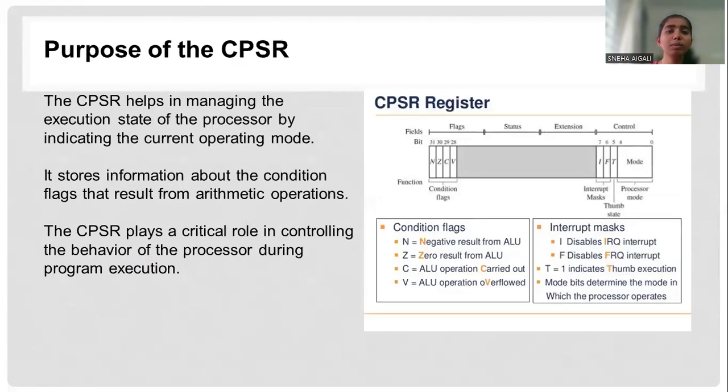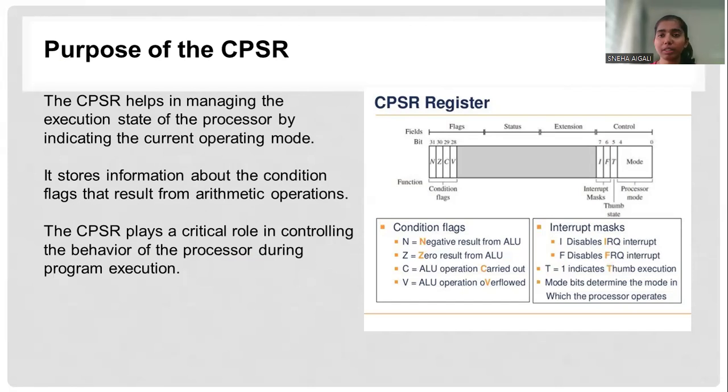Now, next up, we have the purpose of CPSR. Why should one computer core consist of a CPSR? This is because CPSR helps in managing the execution state of the processor. This is done by indicating the current operating mode. Not only this, CPSR also stores information about the conditional flags that result from an arithmetic operation. The CPSR, that is current program status register, plays even a critical role in controlling the behavior of the processor